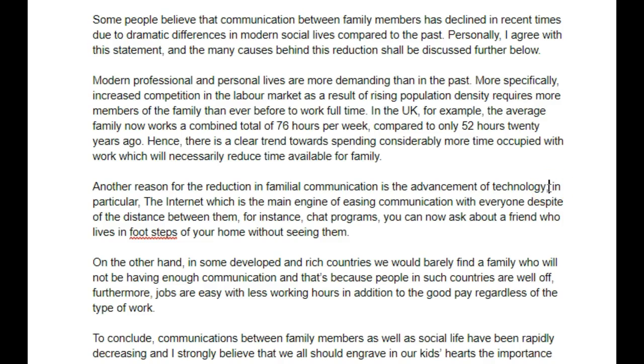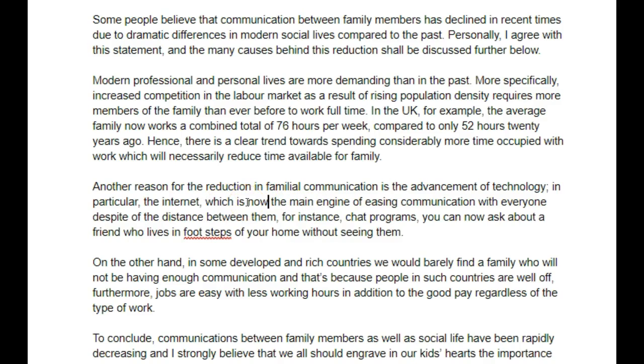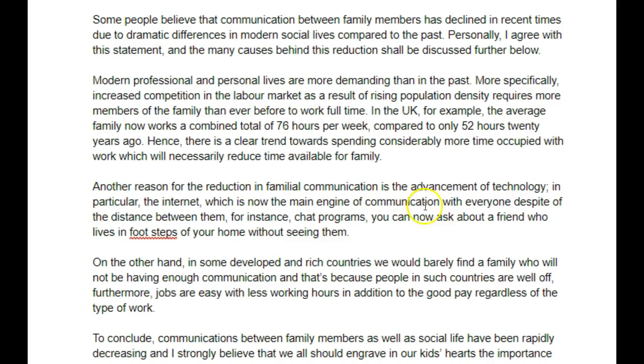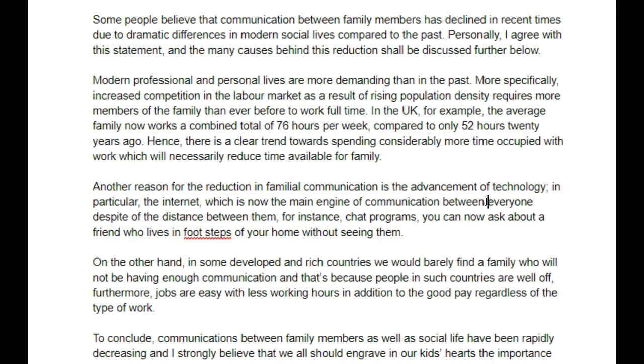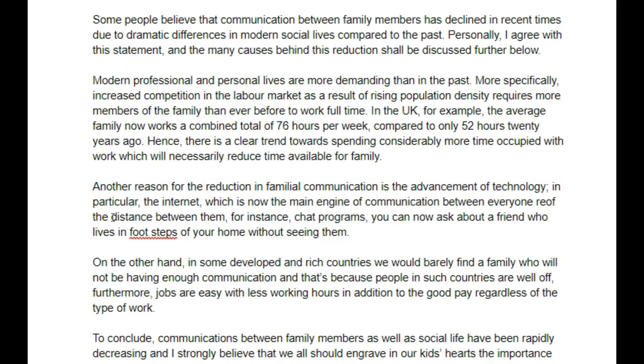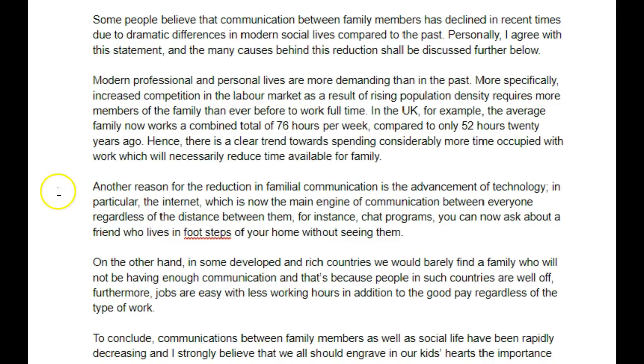Here we should use a semicolon and say, in particular the internet, and we don't need to capitalize the internet, which is now the main engine of communication. Actually, no, I'm going to say between everyone, regardless of the distance between them. Full stop. For instance,